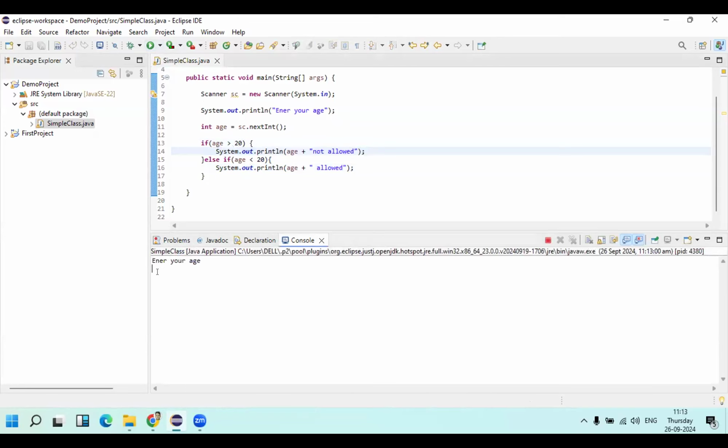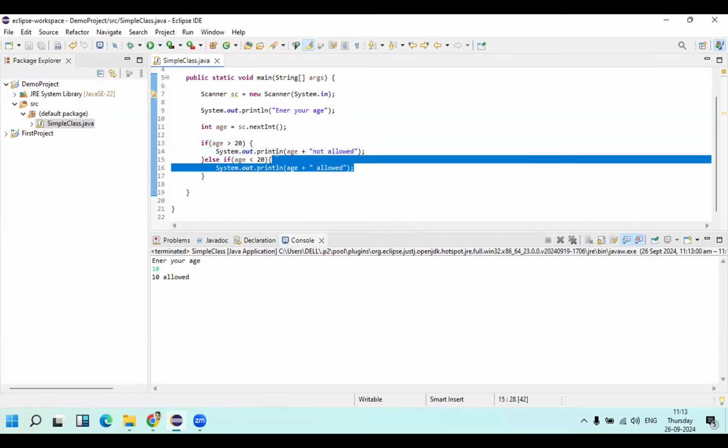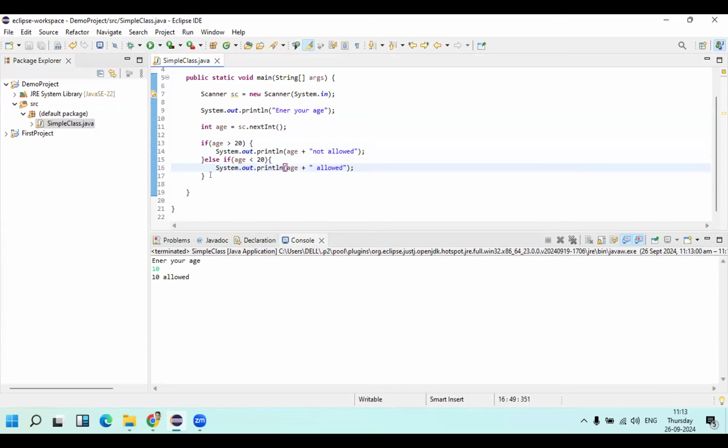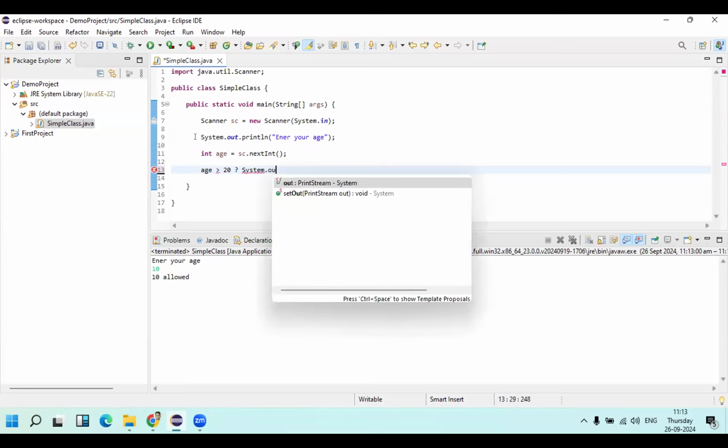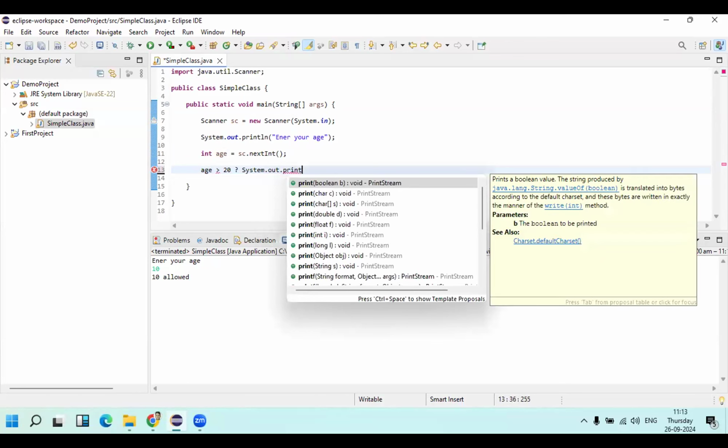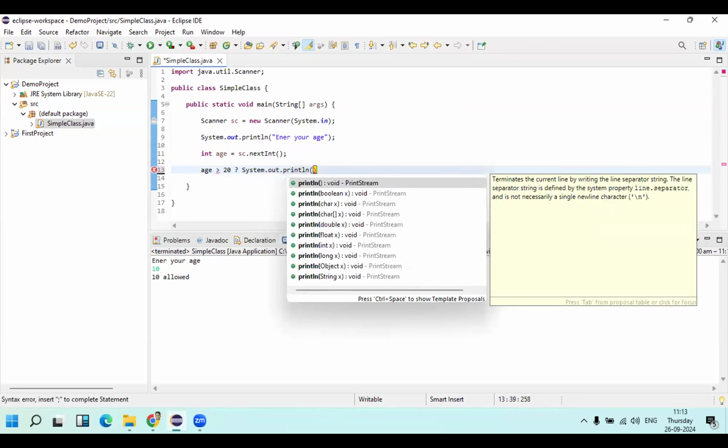Now I enter 10, then 10 allowed, right? It's executing this block of code. So this is basically the thing for the if and else. Here, if I use the ternary operator instead of this lot of code, how can we write it? You can see, age greater than 20, then question mark. Here you can write System.out.println allowed,